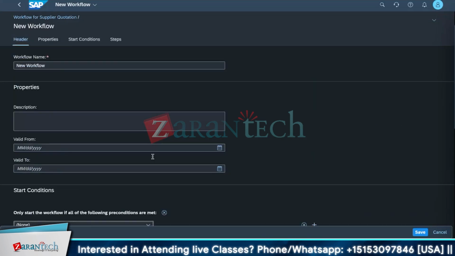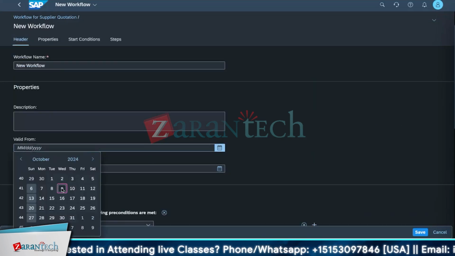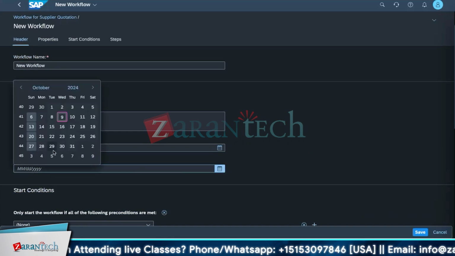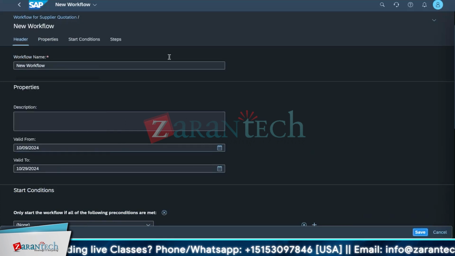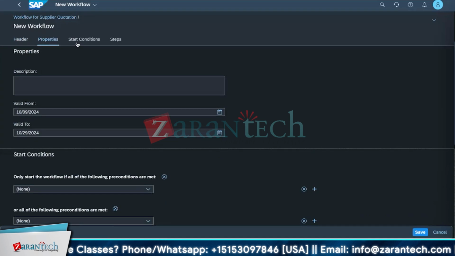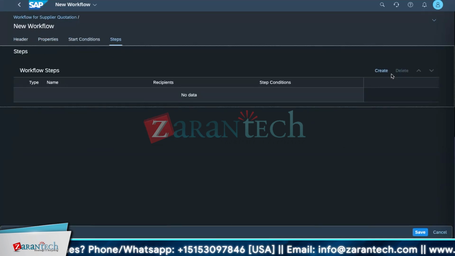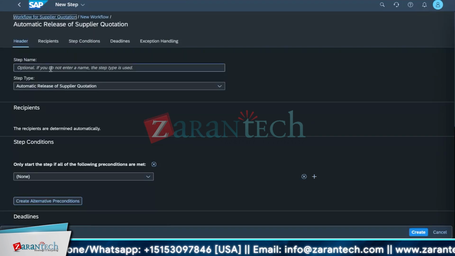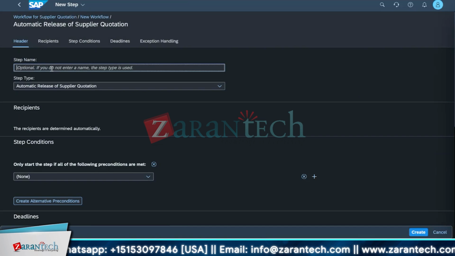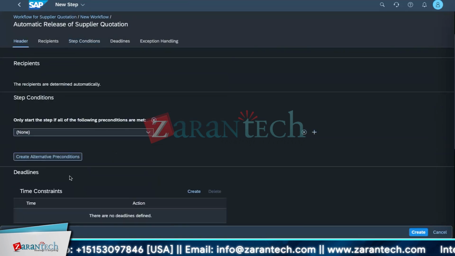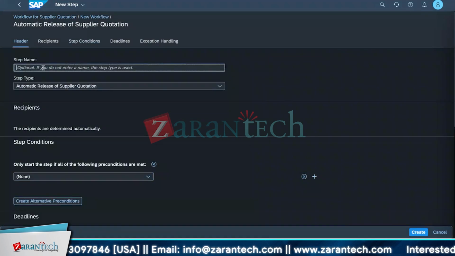For example, this flow states you have to give your statement of your valid from date to till date, and then save this. Go to the properties, start conditions, and then steps. So in the steps, you have to give the step name, step 1, step 2, step 3. You have to give the step names here. So, for example, in the step name,